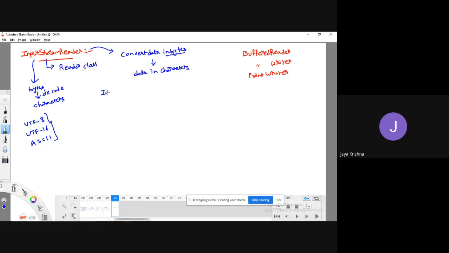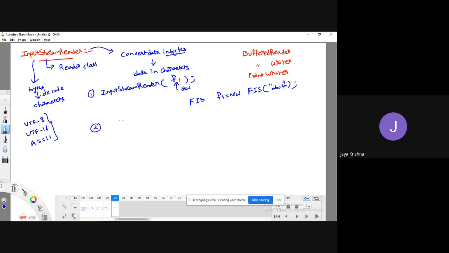Okay, so for every class we'll have various kinds of constructors. One constructor accepts a single parameter: InputStreamReader of a file object. I need to pass an object here. What object can I pass? I can pass any kind of file object. For example, I create an object for FileInputStream: f1 equal to new FileInputStream of some text file like abc.txt. That object I'm going to pass here. So this is one syntax.